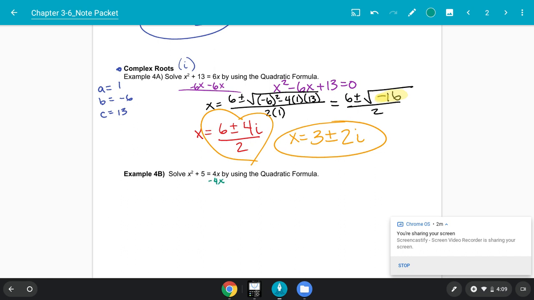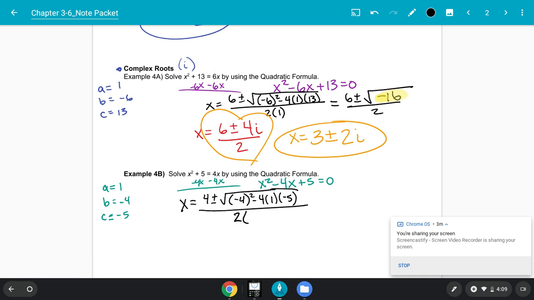We got a minus 4x on both sides. So then we get x squared minus 4x plus 5 equals 0. And we can fill in our quadratic formula, ABC. A is 1, B is negative 4, C is negative 5. So then we fill it in. x is equal to opposite B plus or minus the square root of B squared minus 4AC